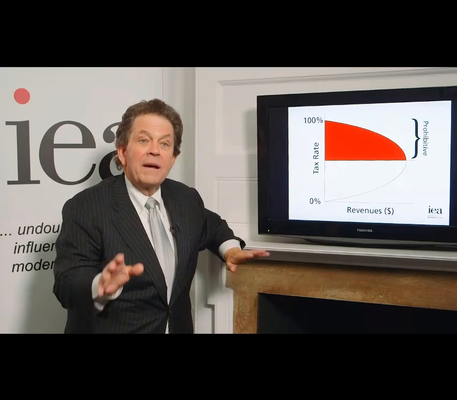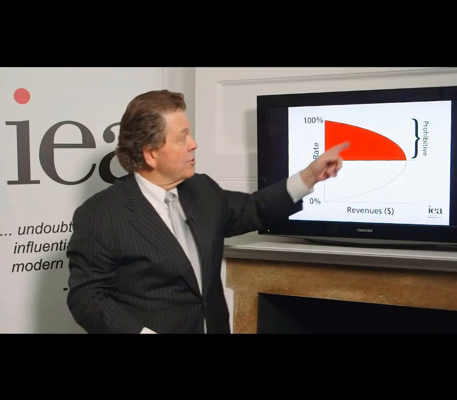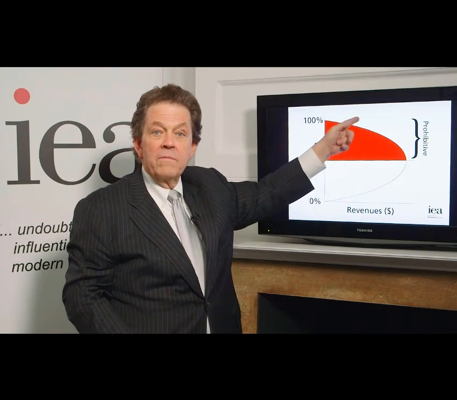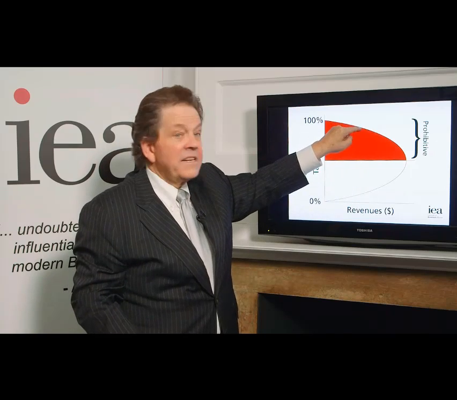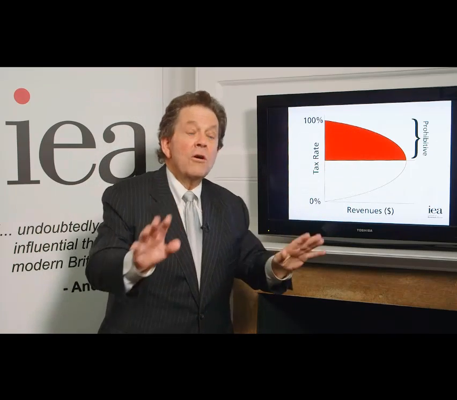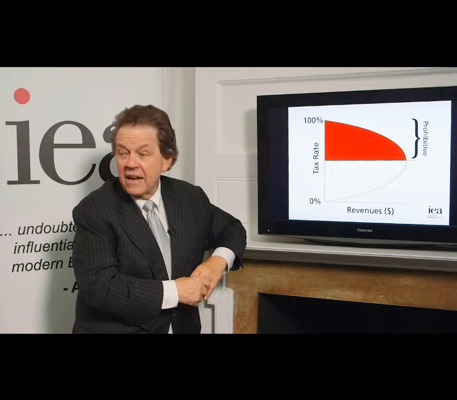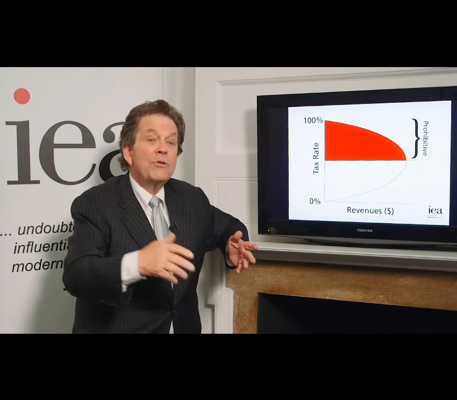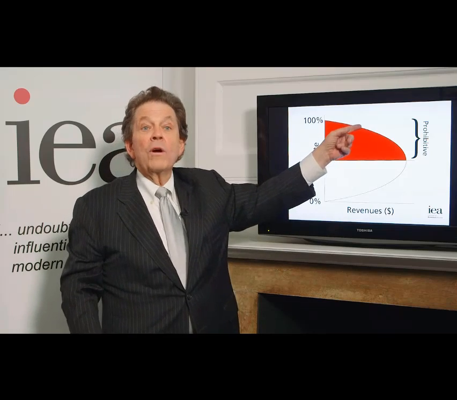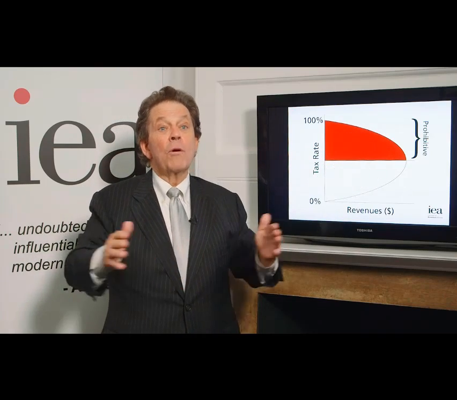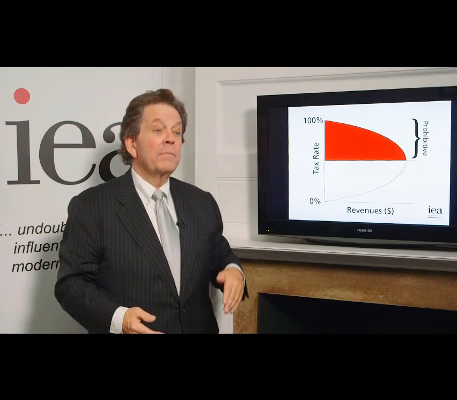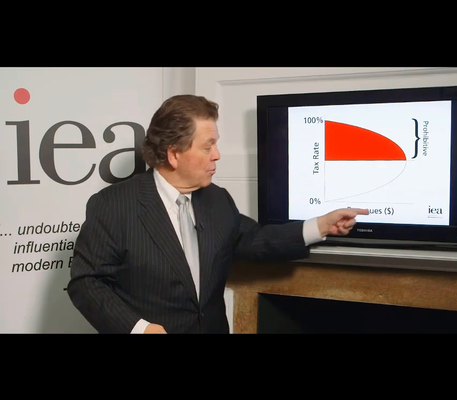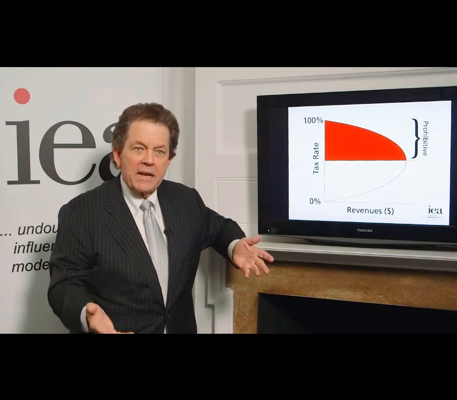Now, the key thing about the Laffer curve that makes it fairly interesting for politicians is to remember it's a pedagogic device, not an explicit measure of any one country. But what it does show you is that there are two tax rates that give the same amount of revenue. There's a high tax rate and a low tax rate. No country should ever want to be in that high tax rate range. I mean, why would you ever want a tax at this point where if you lowered tax rates, you collected more money and you have more output, employment, and production? So this is the Laffer curve, which really brings together the debate about taxes.